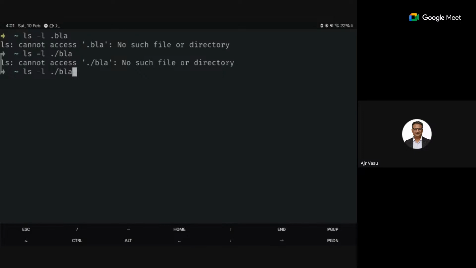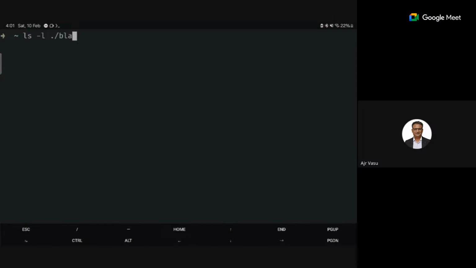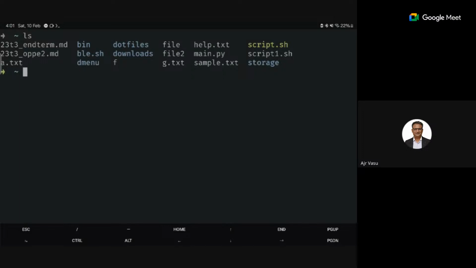Actually, the first thing, just go back to the home directory, or any directory where there are some files. Yeah, there are some files here. Now do the same command. Just do ls, and then dot blah.